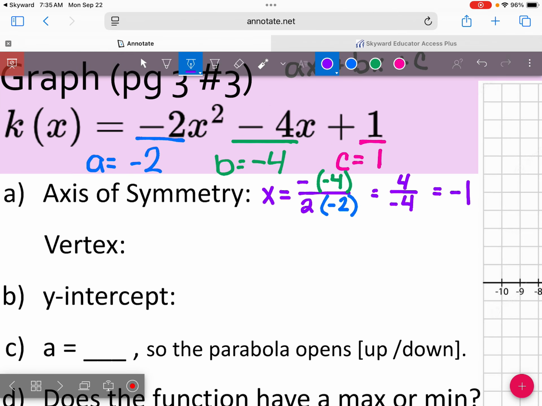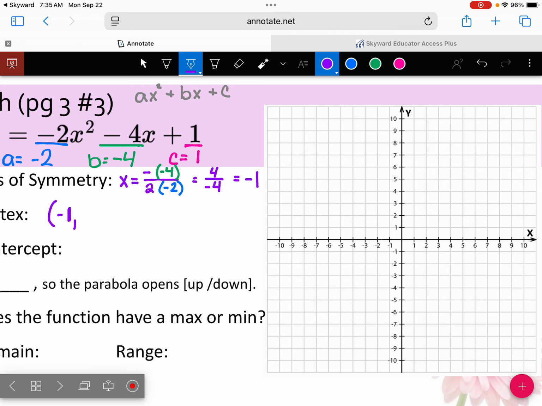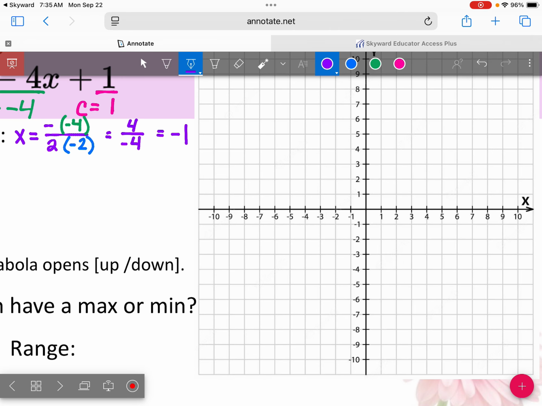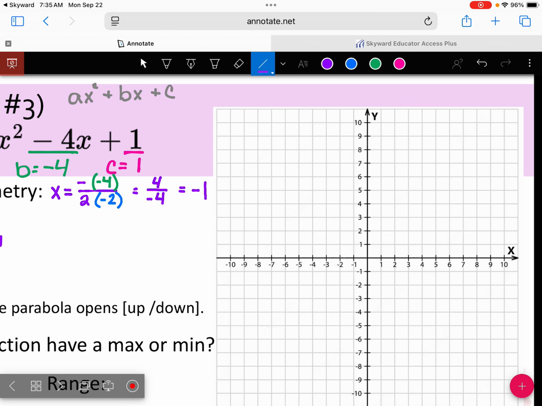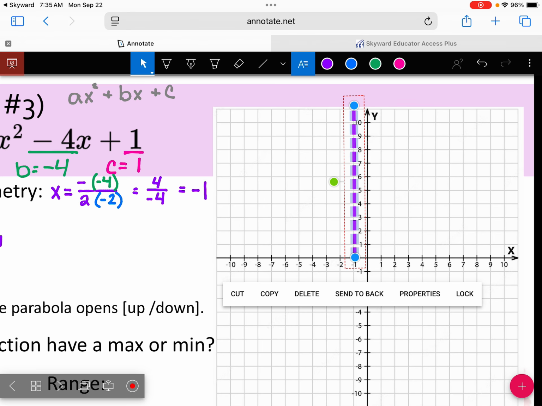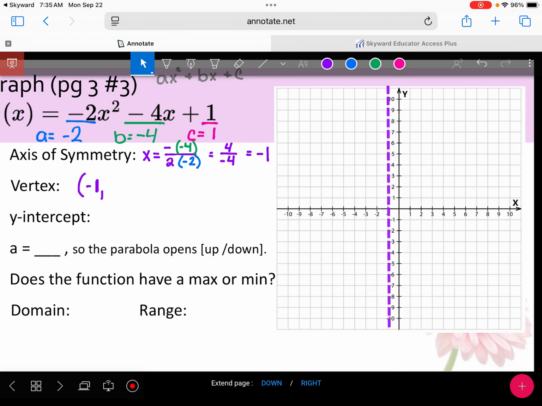So what that tells us is that when we're looking for our vertex here, the x value is going to be -1. Every single time, that axis of symmetry is going to go through the middle of my shape. So where x equals -1, that is going to be the middle of my parabola. So we can even put on our graph